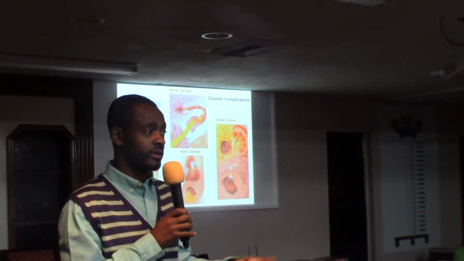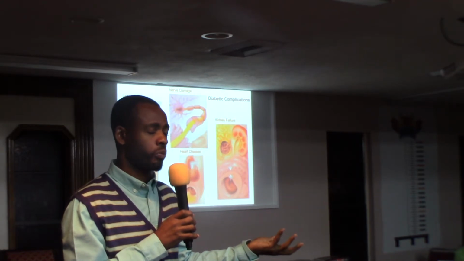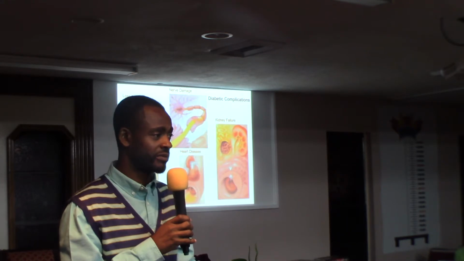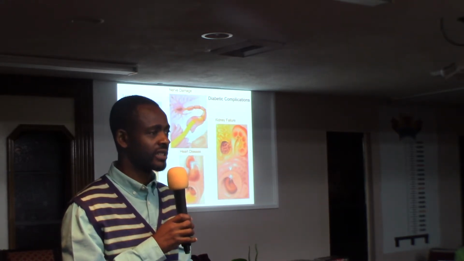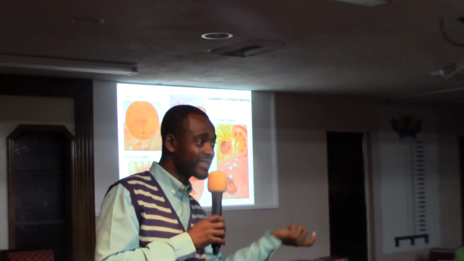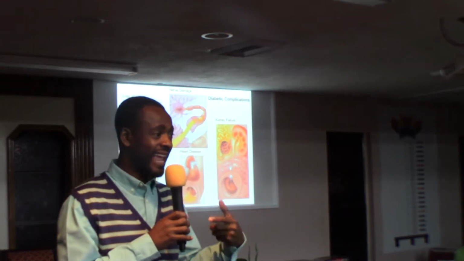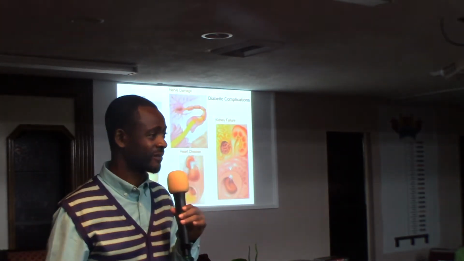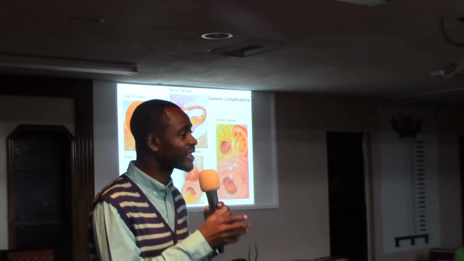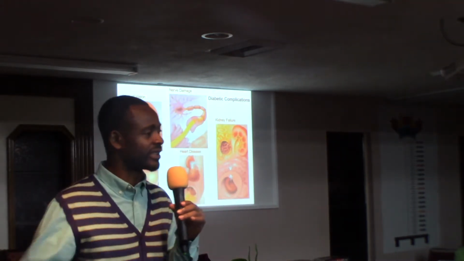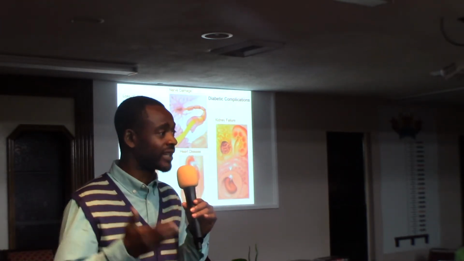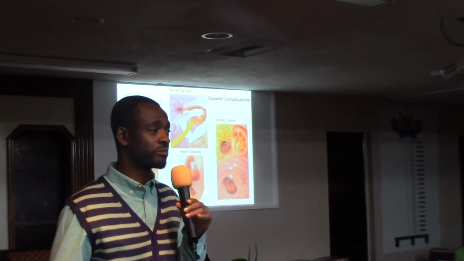Take for example blackstrap molasses. It's good for diabetic people. It has a sweet taste, but it's a low glycemic sweet food because it's packed with nutrients, and because it's packed with nutrients, the body uses it differently. It's one of the most nutrient-dense foods you can find on the planet Earth, packed with minerals.